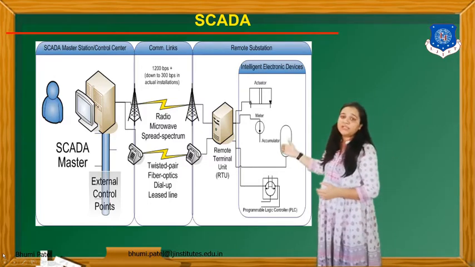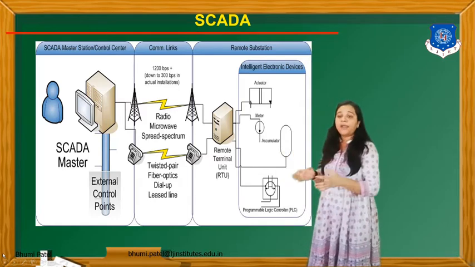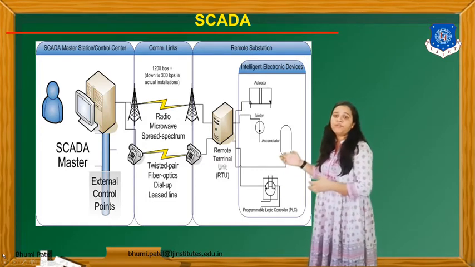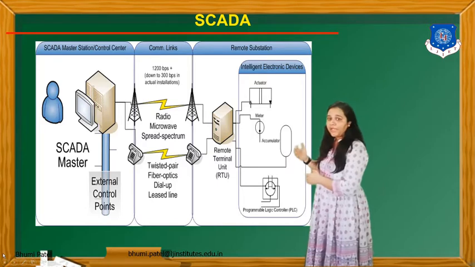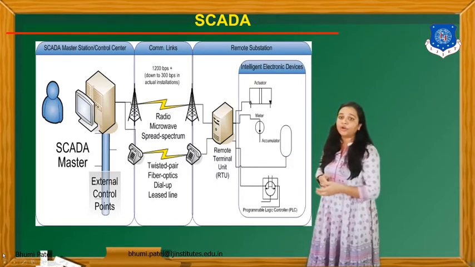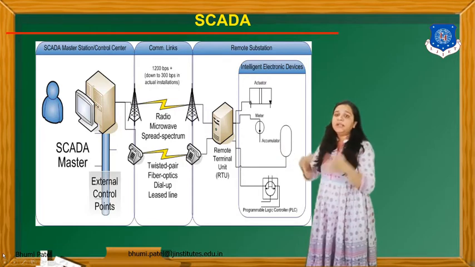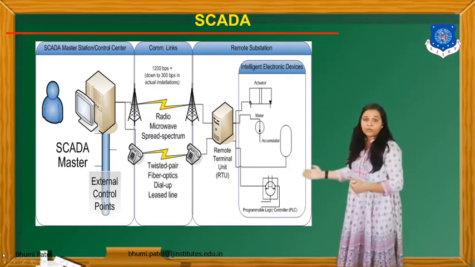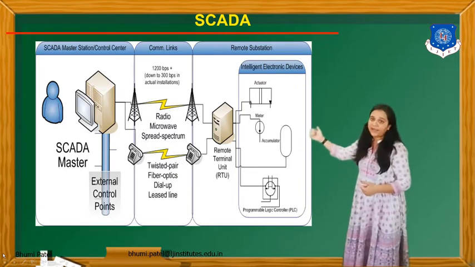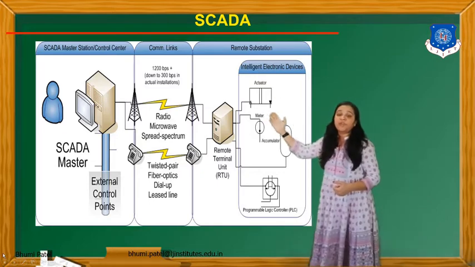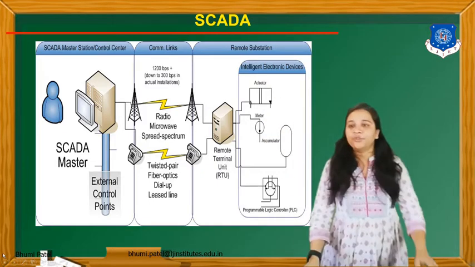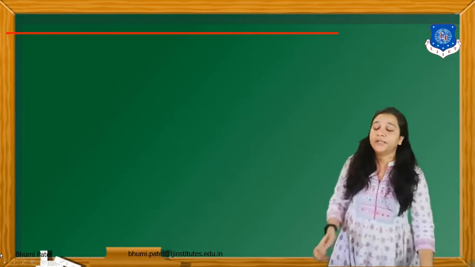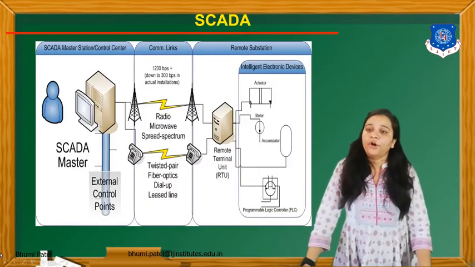That device is known as the remote terminal unit. SCADA will be connected with this remote terminal unit through different types of lines, different types of wire, radio frequency or microwave frequency. This is the communication link between the SCADA and this system. Here only one system is connected. We have to connect more than one system with this SCADA master, and using this PC we connect all these systems using the SCADA station. The SCADA master station is known as the control station of our project.